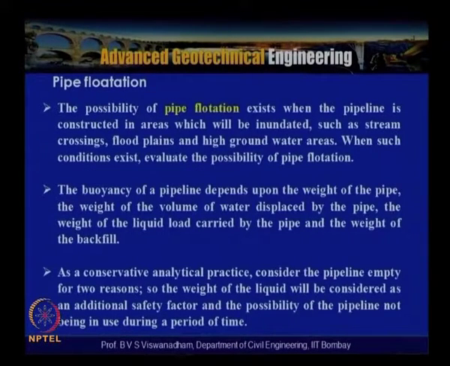Now after having discussed the minimum cover requirement from the live load point of view, wherein we discussed the wheel load right on top of the pipe and the wheel load located on the left of the pipe, we said that inversion of the pipe takes place, the moment is mobilized towards the right side of the pipe, and with that we calculated the minimum soil requirement. So for flexible pipes we said that a minimum cover of about d by 6 needs to be ensured. The next issue we need to think about is pipe flotation.